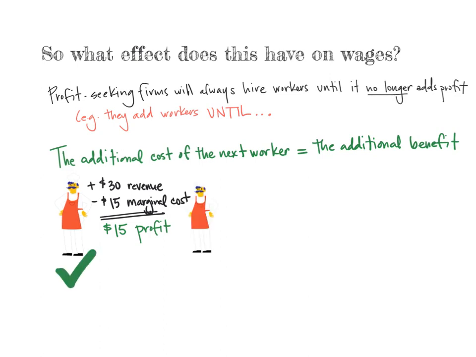So how about a second worker? Should we hire that one? In this case, what do we got? Extra $27 in revenue. Remember, as you hire more workers, they're going to add to your productivity and your output and your revenue, but maybe at a declining rate. There can be, pardon my French, too many cooks in the kitchen. At some point, the productivity is going to decline. You can have 45 cooks in a kitchen. That 45th cook is not going to add nearly as much as the first cook.